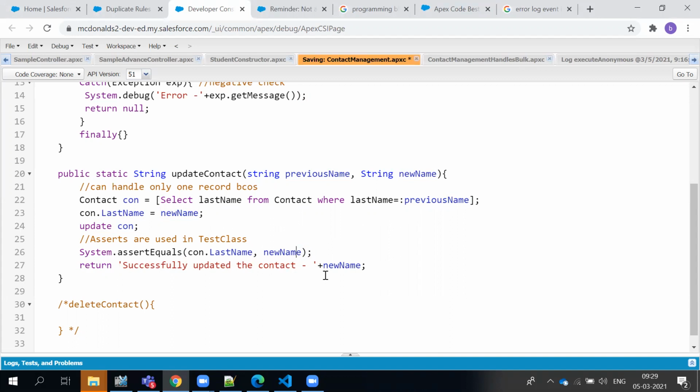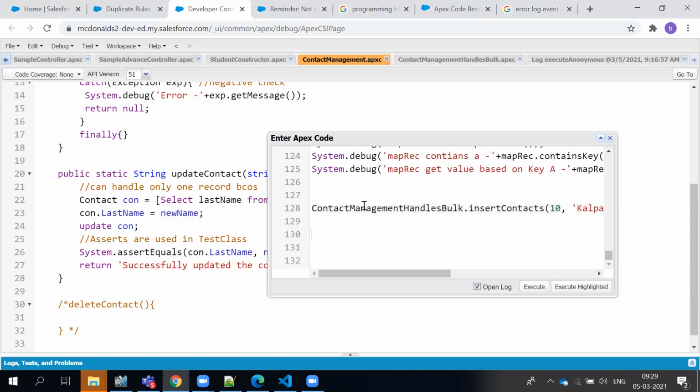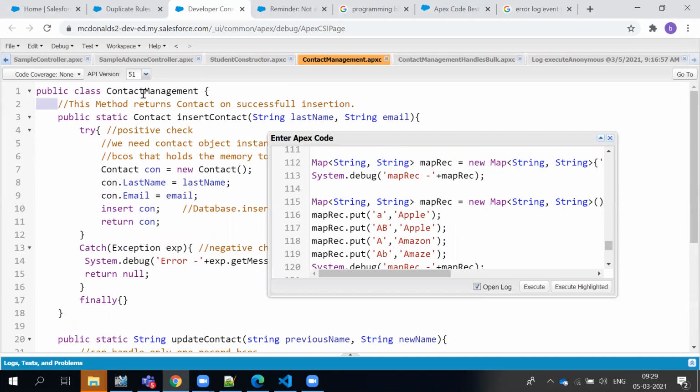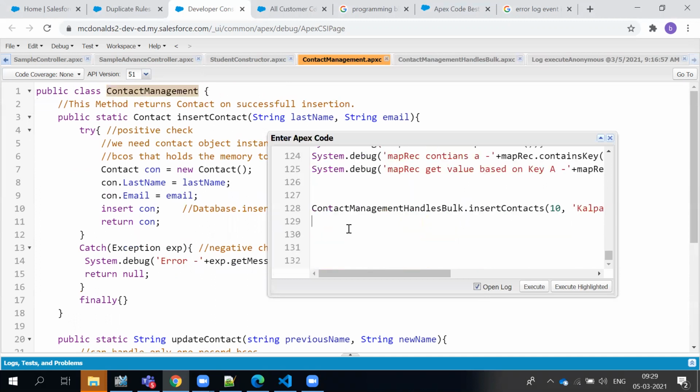So I'm going to save this. Let me call this contact method to update this record. Control E. Let us see. Class name dot the method name, which would be updateContact. And what are we doing? We're trying to pass the previous name. So in the previous name I have